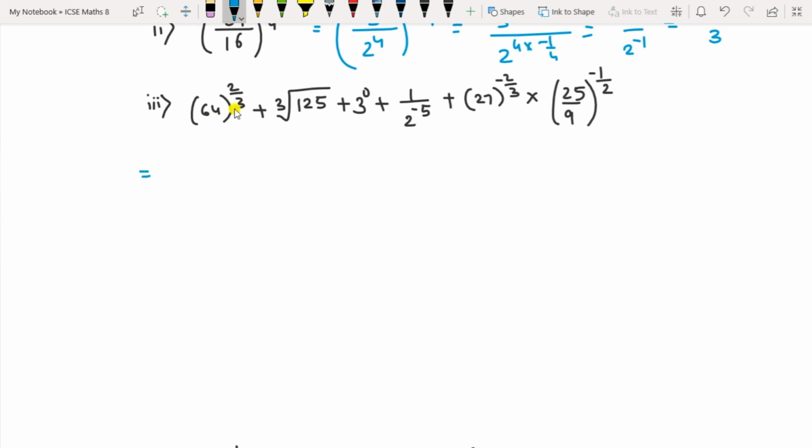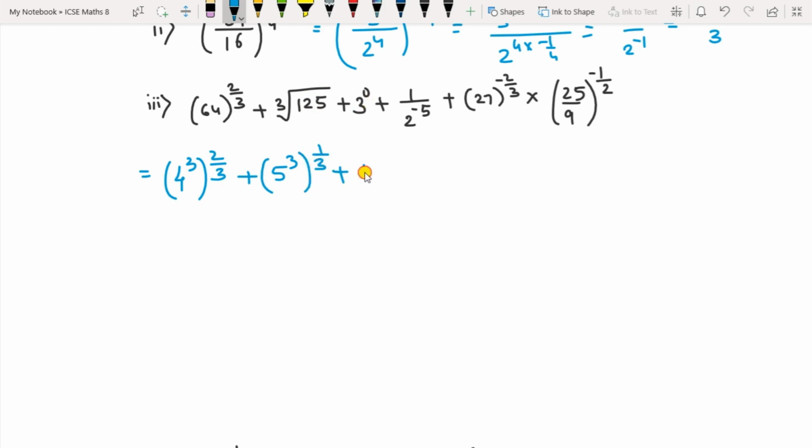Okay, 64. You can see the power here is 3 outside the bracket. So split this number in the power of 3. That will be 4 cube, 4 cube raised to 2 by 3. Now I have told you this is called the cube root. So this will be cube root, and 25. Cube root means 1 upon 3. So 125 split to the power of 3. So 5 raised to 3 is 125, and this is 1 by 3.